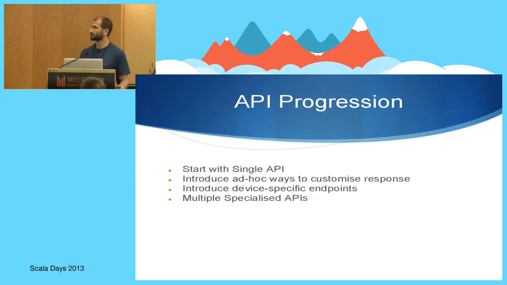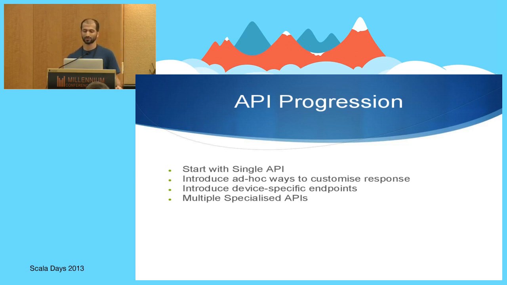So I'll talk a little bit about the progression we've had at Time Out, where we started with a single API. It was an attempt to cater for all the use cases with this single API. And in the beginning, it was working okay. But then as the use cases started becoming more complex, the web team wants certain fields, the mobile team wants different fields, the mobile team wants to make fewer requests, you have to cater for all of these things, while still maintaining the conceptual integrity of the API.